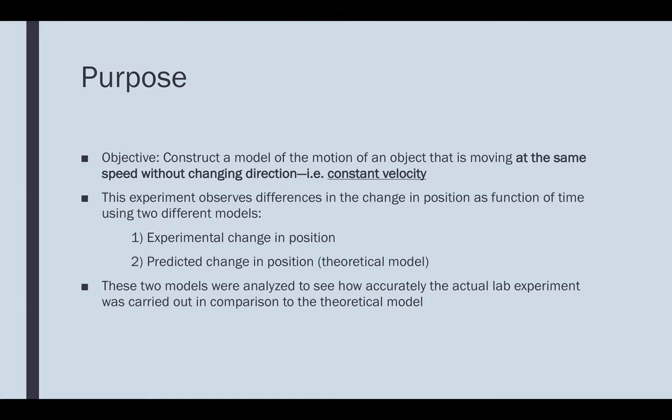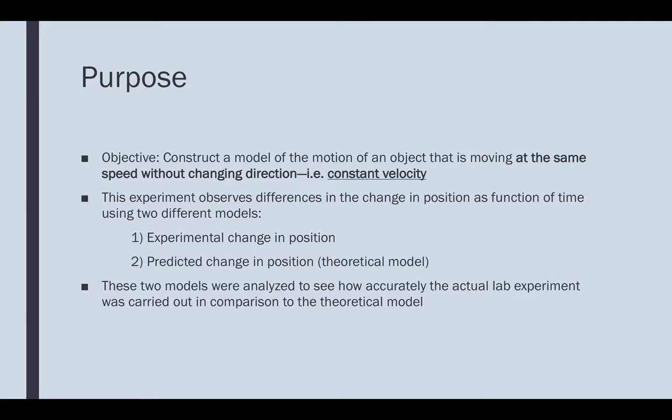models. The first model is the experimental model that illustrates the change in position. To model this, we used an application called Tracker that allowed us to analyze the video and extract its position and corresponding time. The second model is a predicted change in position that was created using the same ideal conditions as the experimental video. This functions as a theoretical model and was created using VPython and an application called GlowScript. The two different methods were analyzed to see how accurately the actual lab experiment was carried out in comparison to